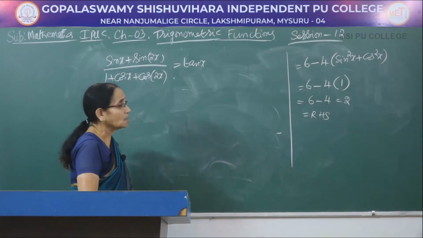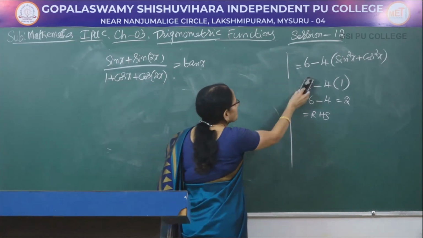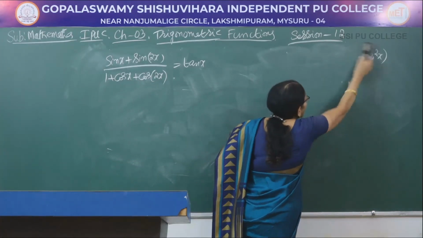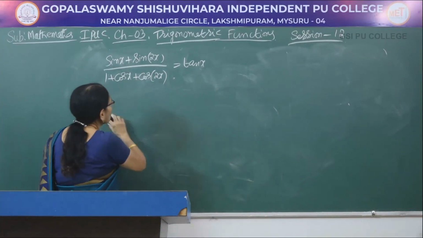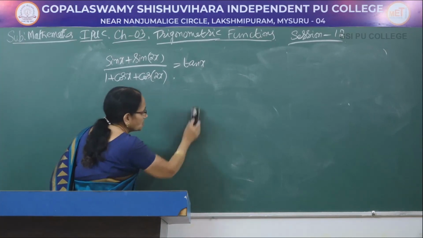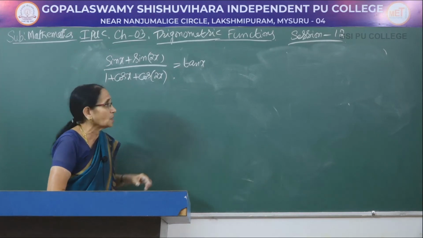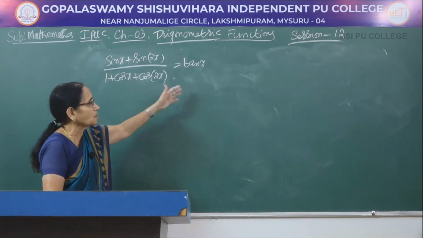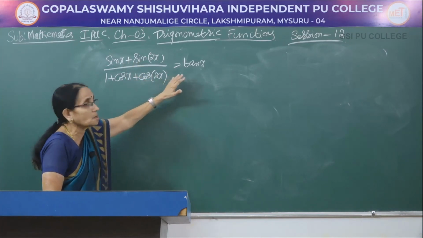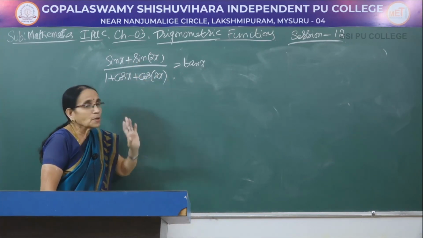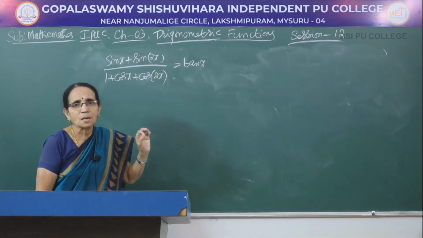Look here, in the previous two problems, the right hand side was different, isn't it? In one we had a number, in another only sine. Now, the left hand side also contained sine function, cosine function. We somehow eliminated cos and got the value in terms of sine in the first problem. In the second one, we got a constant. Here, we have sine function, cosine function, and the right hand side is a tan. But we know by the basic information that tan theta is sin theta by cos theta.